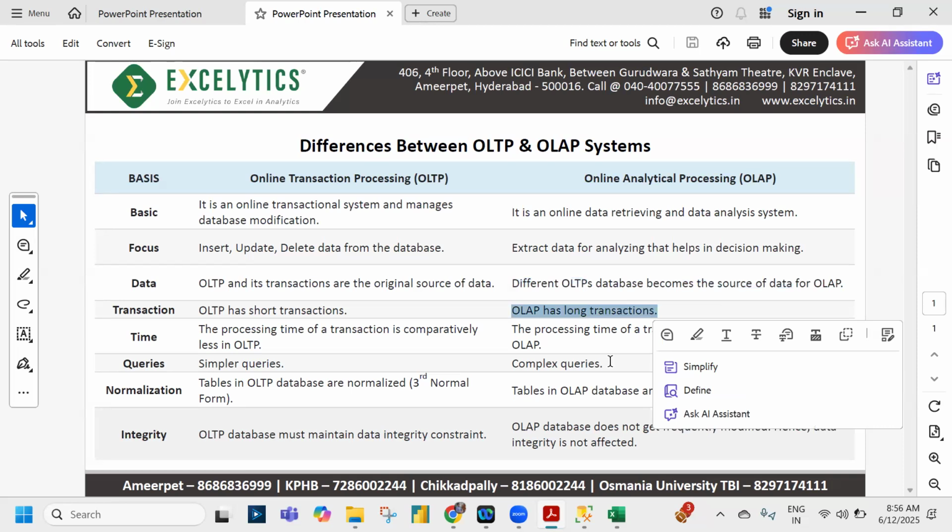OLAP has long transactions. I'll tell you why. Let's go back to our restaurant example. You ask the server, let's say in Hyderabad, get me some biryani, chicken biryani, that's it. Now tell me how much time will it take? 15 minutes, 10 minutes. Usually it's already prepared and just needs to be served. That's it, right? But this time my requirement is this. I want to get, let's say,